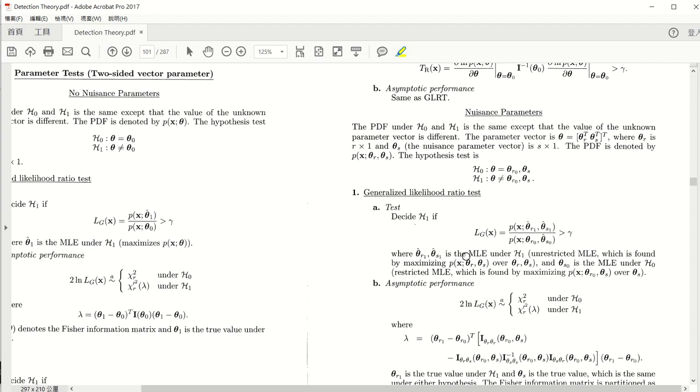So when you take your observations X, you put X in the probability density function and take it as a likelihood function, and then you maximize it over theta R and theta S, and you come up with theta R1 and theta S1, and you put it here in the numerator. And in the denominator,